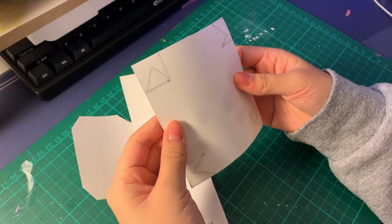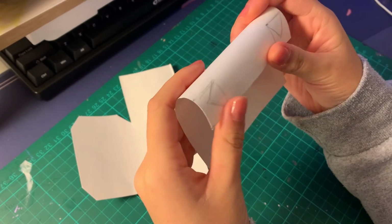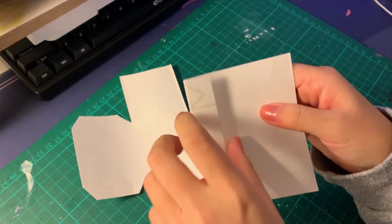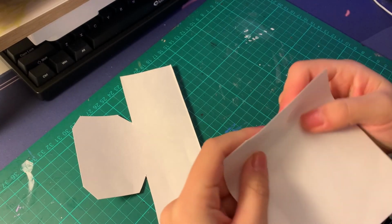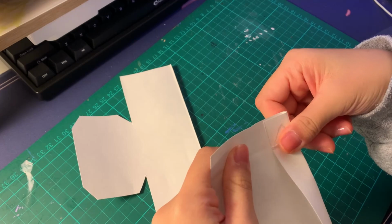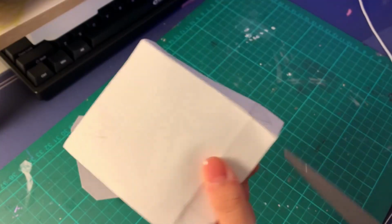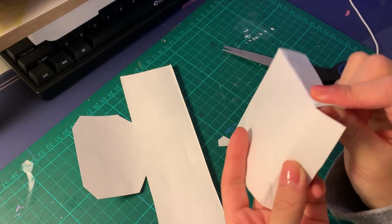And before I cut the edges or flaps of my lid, I'm going to fold all of the edges first. This just ensures that all of my cutting is straight so far and kind of starts forming the box shape. Since the box that we're trying to make looks like this, the parts that I'm folding right now are going to make up the sides of the lid, and then the traced out triangle corner pieces are what we're going to cut and then eventually glue to the adjacent side, which will form our box edge,